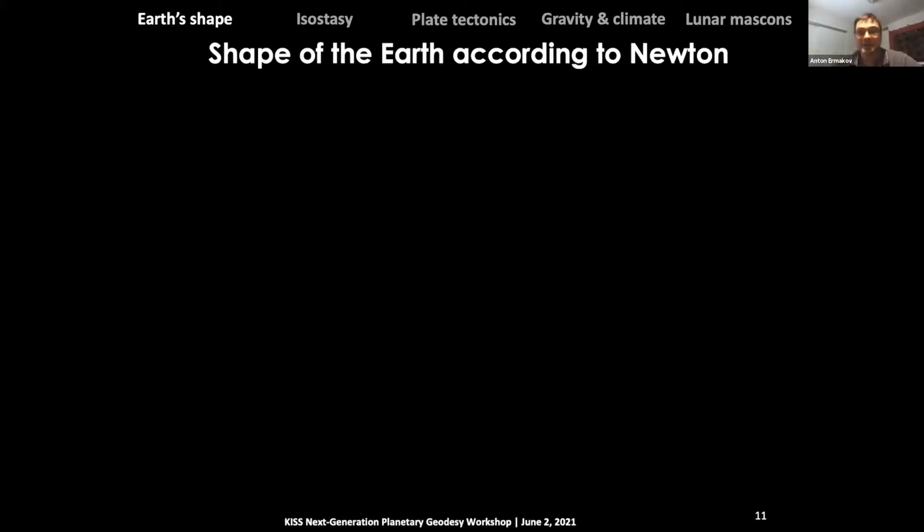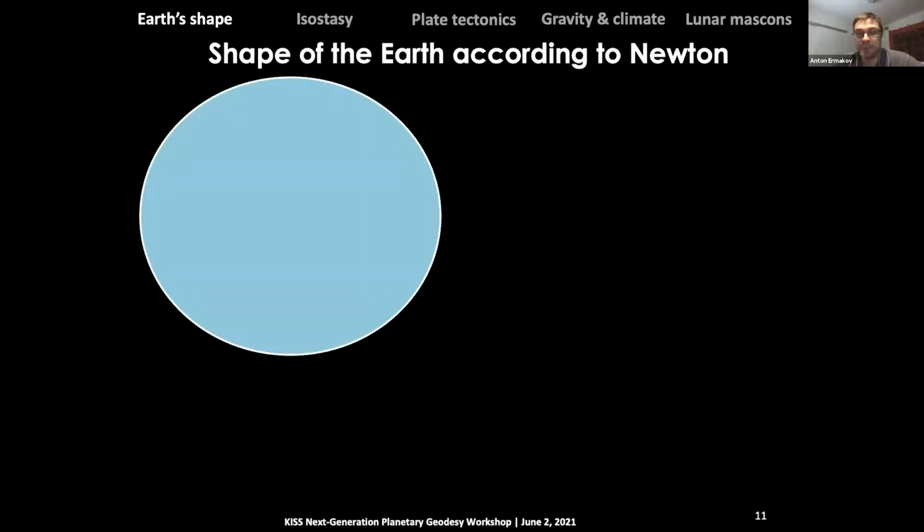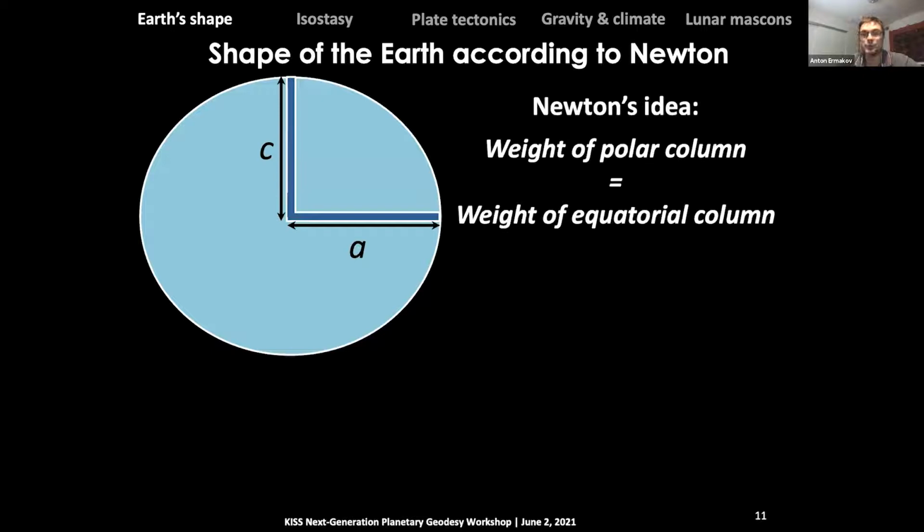Newton was genius. He didn't even need data. So Newton's reasoning was based on physics. He assumed that the Earth shape is an ellipsoid, and he used a simple equilibrium argument. He said, what if you drill two canals to the center of the Earth, one at the equator and one at the pole, and fill these canals with water? The weight of these water columns should be the same if the system is in equilibrium. And Newton was able to